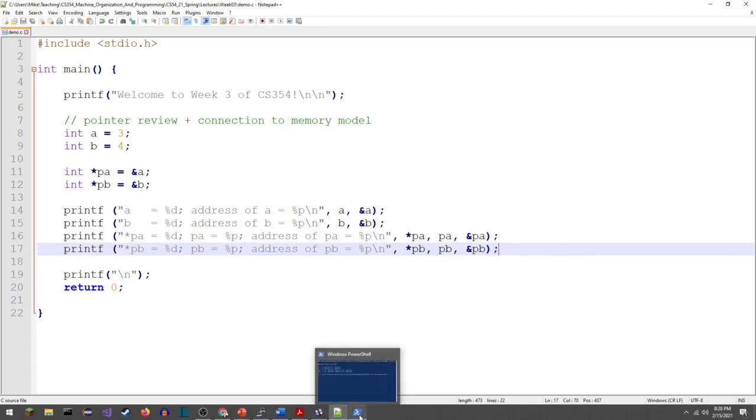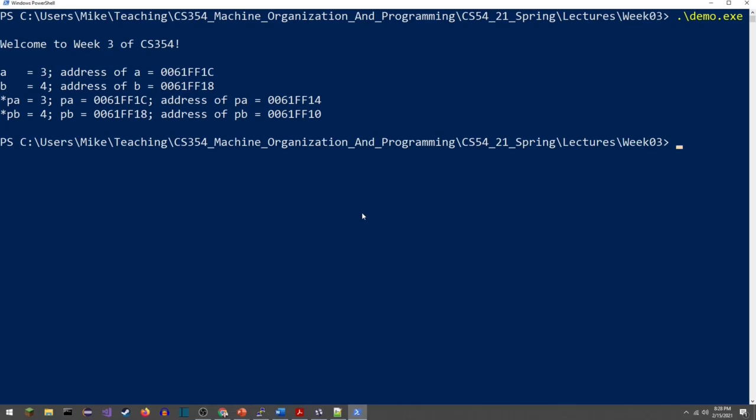All right, let me pop back over to PowerShell. I just got this to work, I tested it, I didn't make any mistakes. So here's what we're looking at. A contains 3, B contains 4. That's exactly what I initialized them to. That's looking pretty good. We can see that it's storing A at hexadecimal value